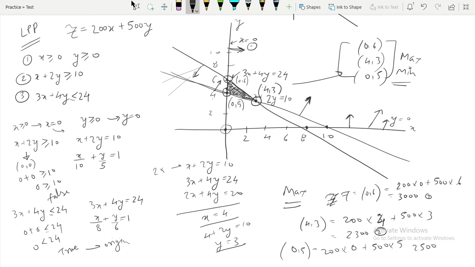Now looking at these three values which we get, if we have to answer the maximum, then this is the maximum point. If we have to answer the minimum, then this is the minimum point. So here you can find this method applicable to multiple equations. If there are more than 3 or 4 lines as well, you can just plot it like this and just estimate the answer.